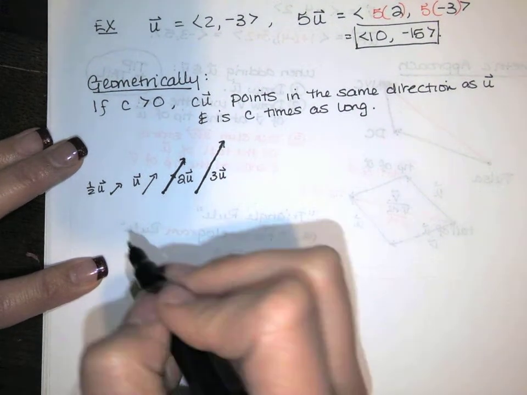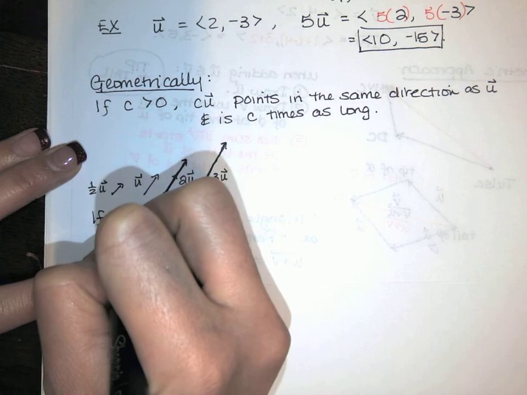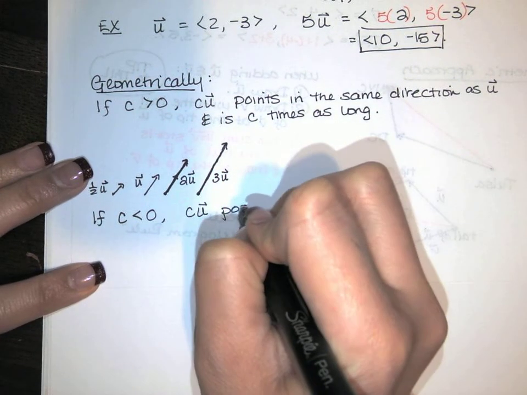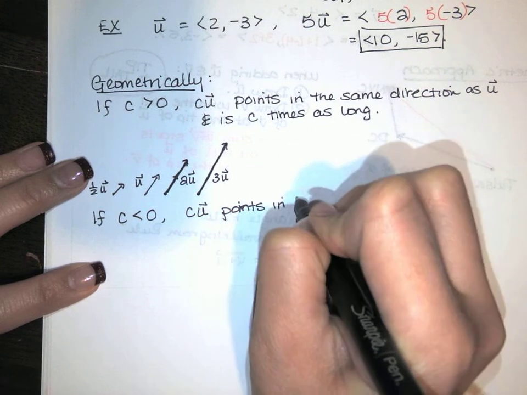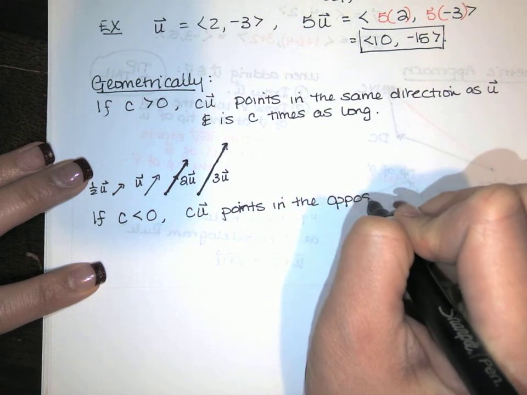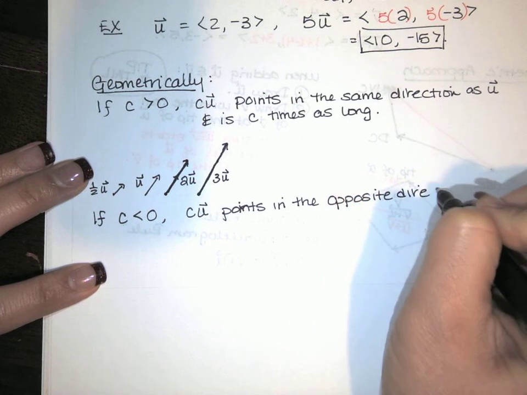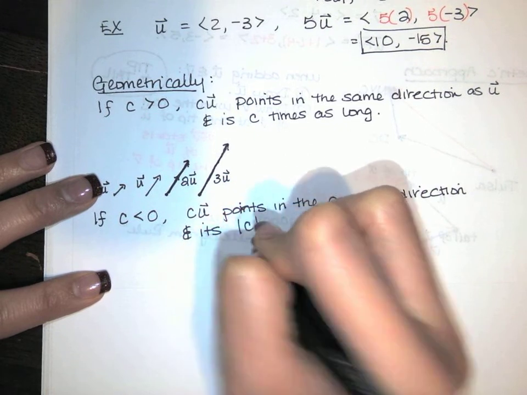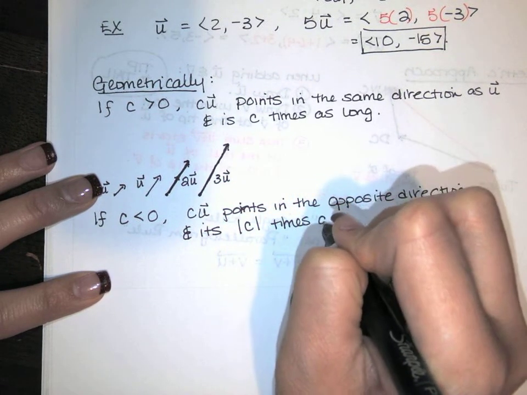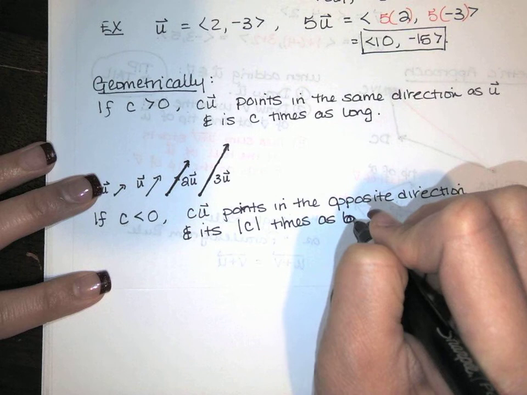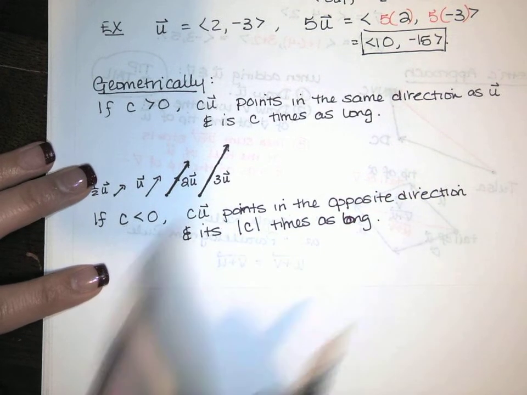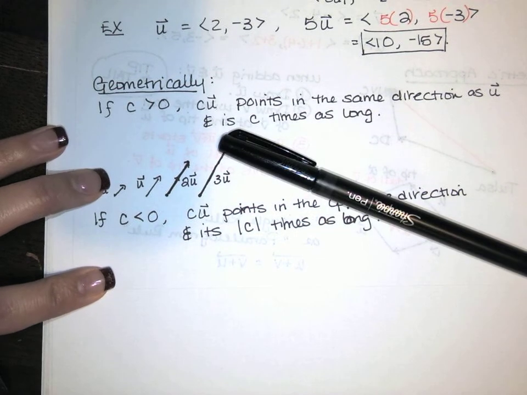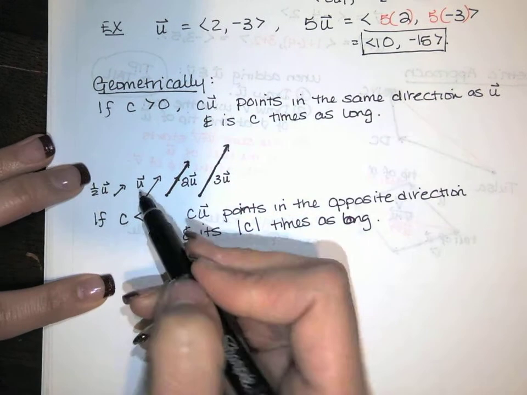Now if I multiply by a constant that's negative, then cu points in the opposite direction. And it's the absolute value of c times as long. The negative is what's flipping it. It's moving it in the opposite direction, and then the magnitude of c, or the absolute value of c, that's changing its length. So if that's my u,